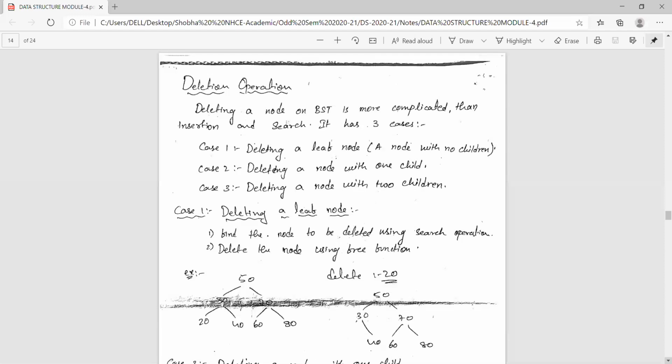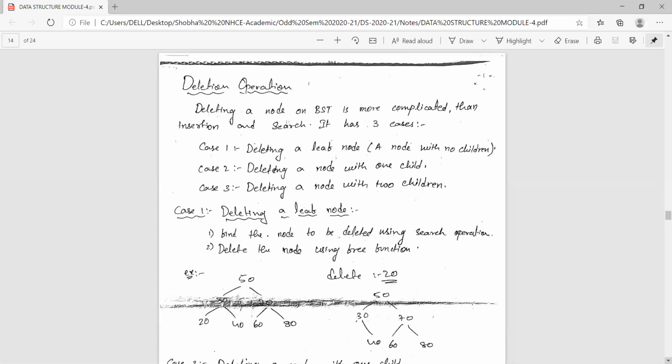Based on that, we have three cases of deletion. Case one is deleting a leaf node. Case two is deleting a node with one child. Case three is deleting a node with two children. Only these possibilities exist in our binary tree: a node can have no children, one child, or two children.